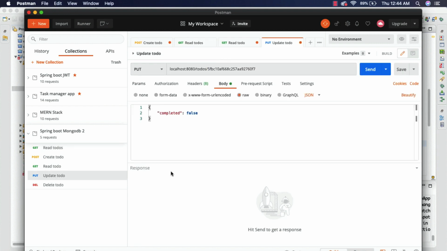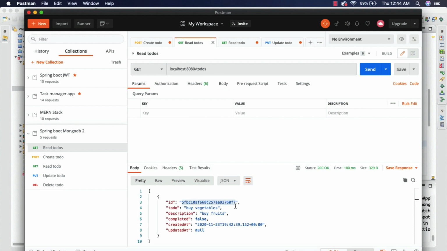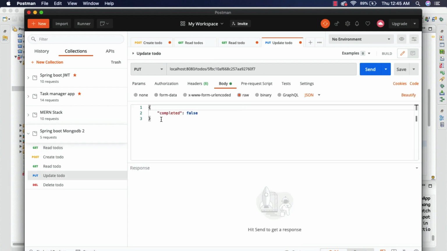Let's go to the body, and let me go to read to-dos, and what I'll do is change this description. So this is going to be a description, buy vegetables.